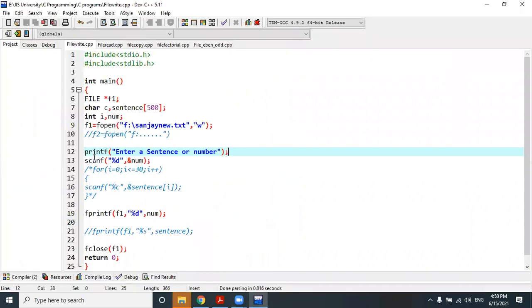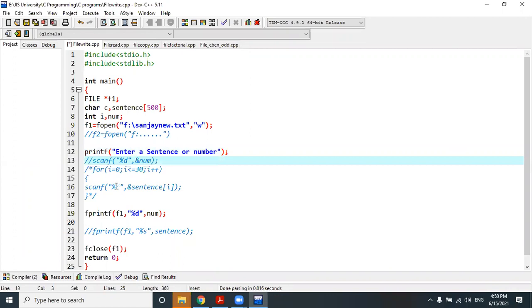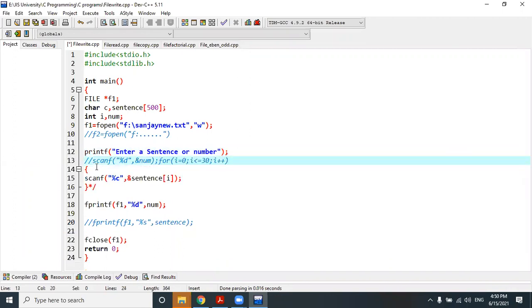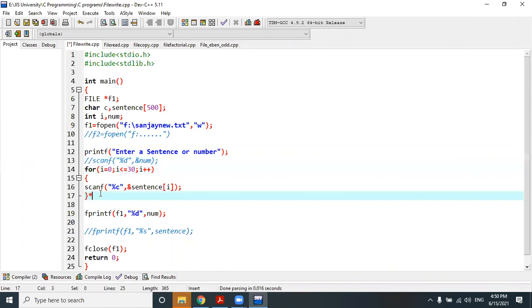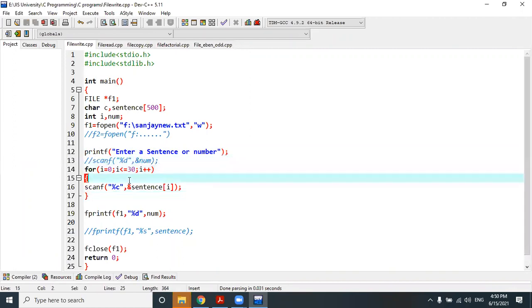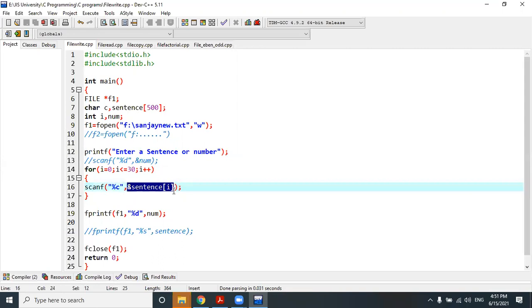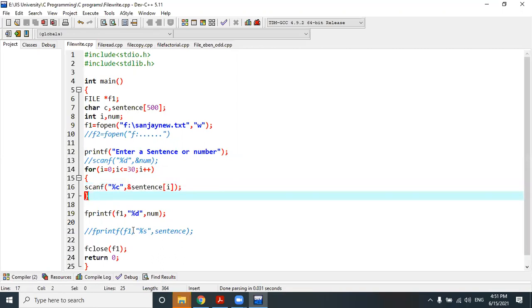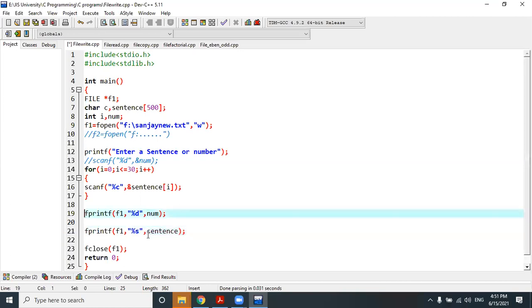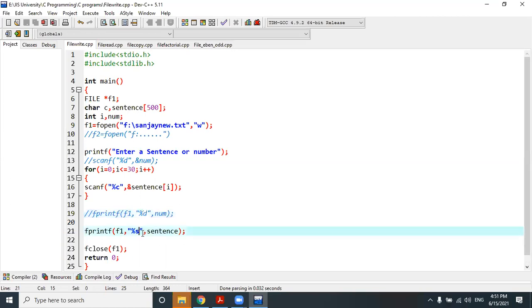Now I'm going to show you, instead of writing a number, suppose I'm writing a character array or string or whatever you say. So I am just making this line a comment line because it's the integer type. Instead of that, I am taking an input of a sentence. So I'm writing a for loop, okay, and then I've taken a character array as input by %c, and here I make this line active and this line inactive. Why? Because instead of %d, we'll have to print the sentence, which is nothing but a character array or string, with the help of %s. Okay, the rest of the things are similar.